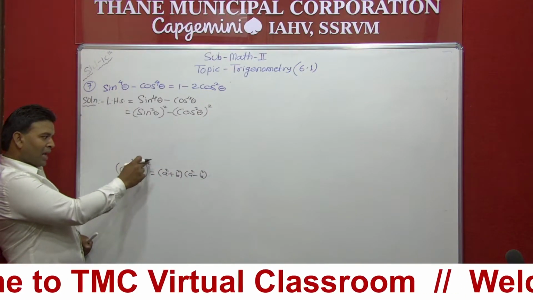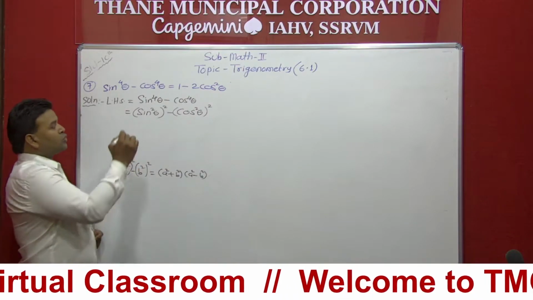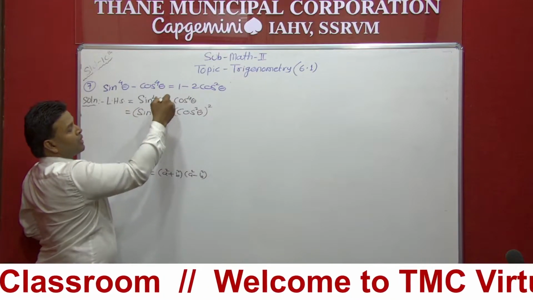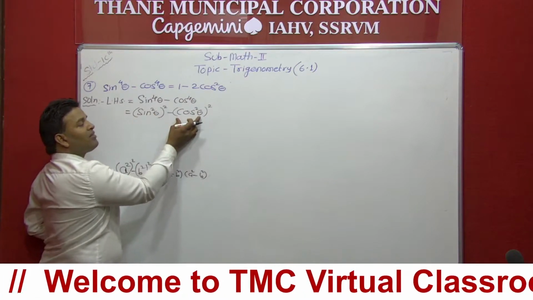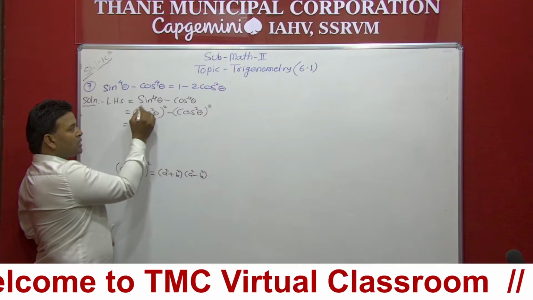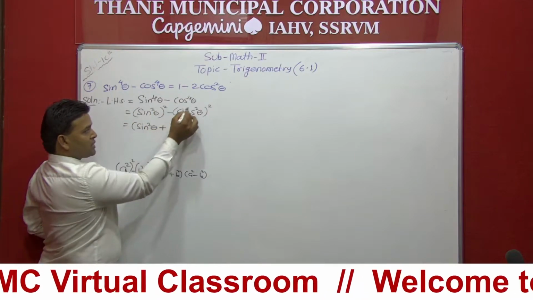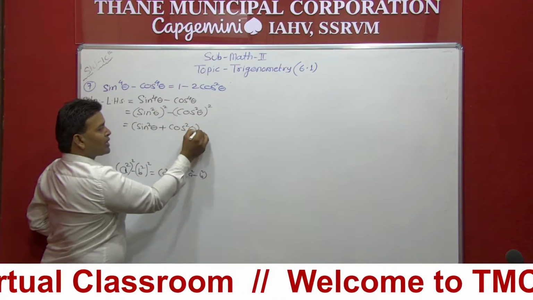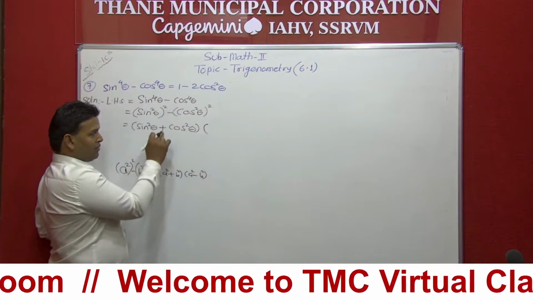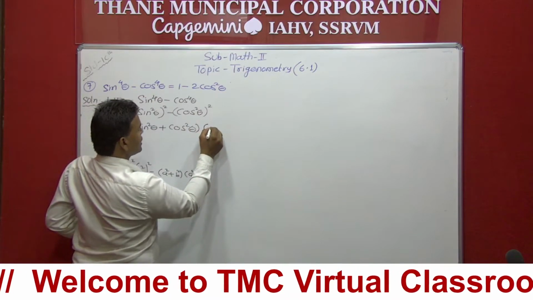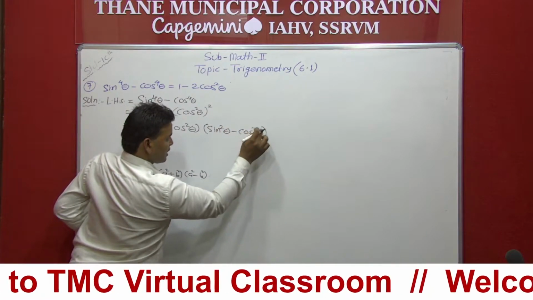Power का भी power, लेकिन यहाँ पे power 2 है ना, so what happens? This will give you the formula only, a plus b, a minus b का formula. So here sine square theta the whole square minus cos square theta the whole square. So this will behave as a and this will behave as b. So here this is going to be sine square theta plus cos square theta, in the next bracket, first bracket with plus sign and the next bracket with minus, sine square theta minus cos square theta.